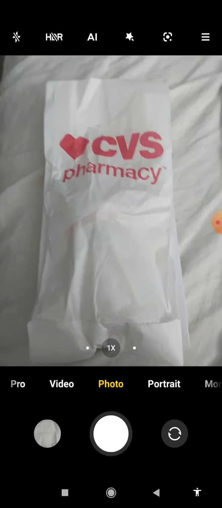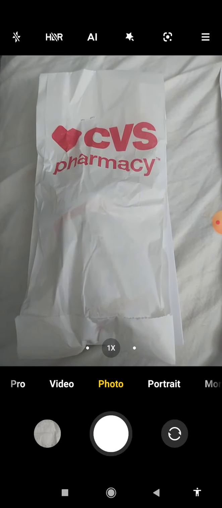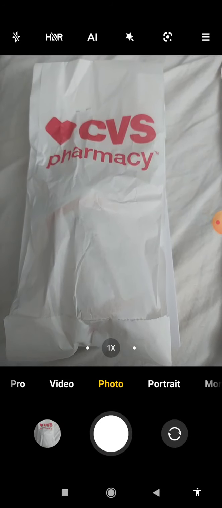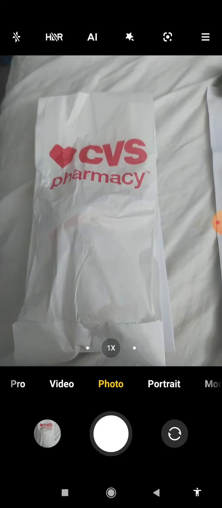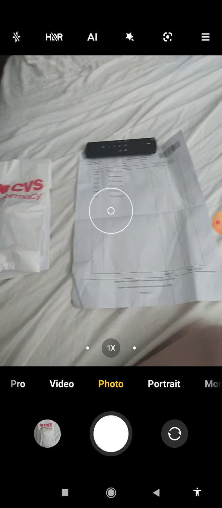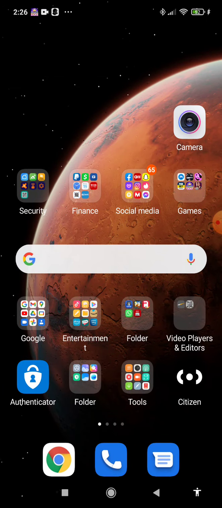Say if I want to add something else, I'm just going to be goofy here and take a picture of this. The purpose of this is to show how to send multiple attachments. So that's done. So I'm going to go back here,